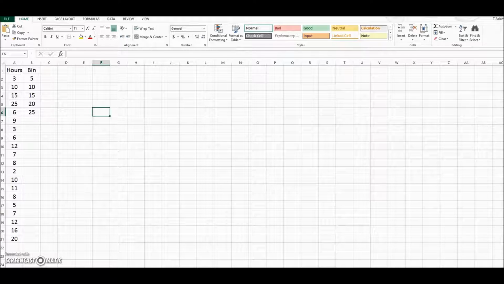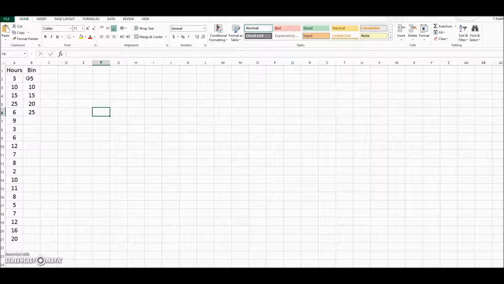We now need to decide on the class interval we will use to summarize the data entered here in column A. If you recall, we will want to use at least 5 but no more than 12 class intervals. Let's assume you decide to create the following class intervals of 5, 10, 15, 20, 25. We're going to input those values for our class intervals, that upper limit, in what's called a bin. So I have a column here, B, filled with the class intervals, and the 5 represents the number of hours